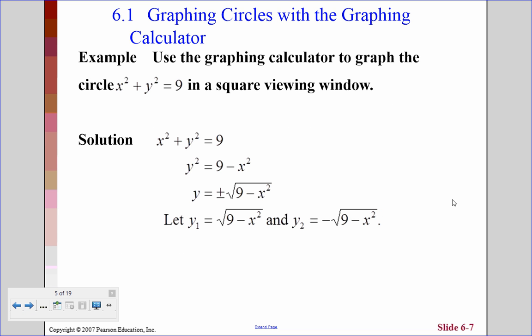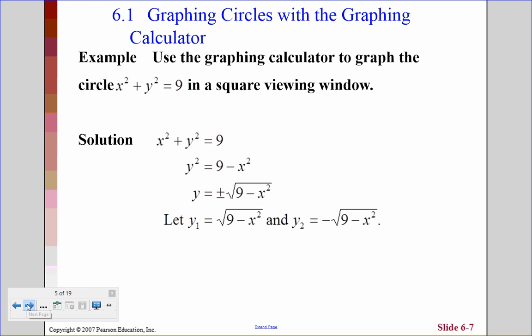Okay, so if you want to graph this on your calculator, the calculator cannot do x squared plus y squared, at least the ones that we use can't. Some of the fancier ones can. But most of the time you have to get y equals something to graph it. So you solve for y, and you get plus or minus the square root of 9 minus x squared. So you put that in the calculator, but you have to put it in twice. You have to put in the positive value and the negative value to get the going up and